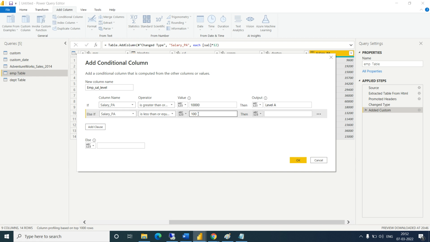9,600. If salary per annum is less than or equal to 9,600, then he is level C, and for the rest he will be level B. Mid salary between 9,600 and 10,000 will be level B. Let's click on OK.